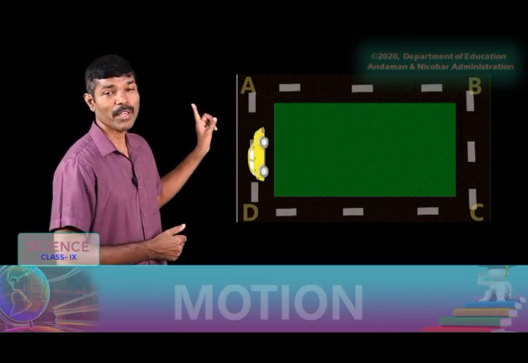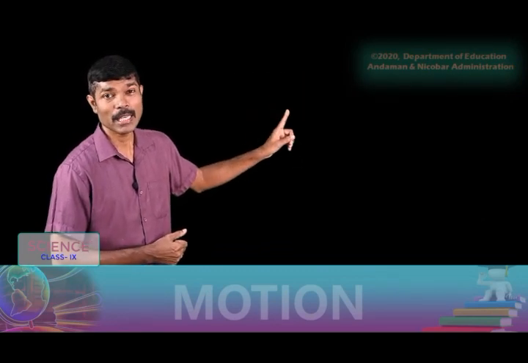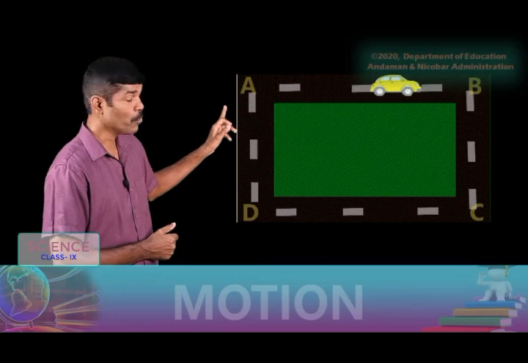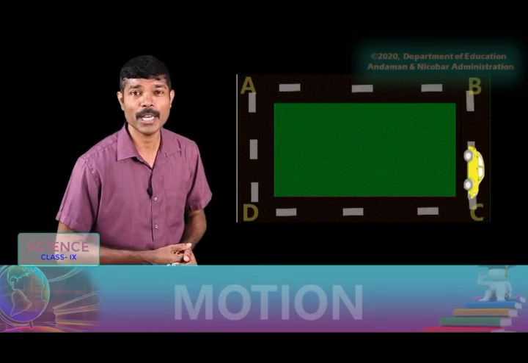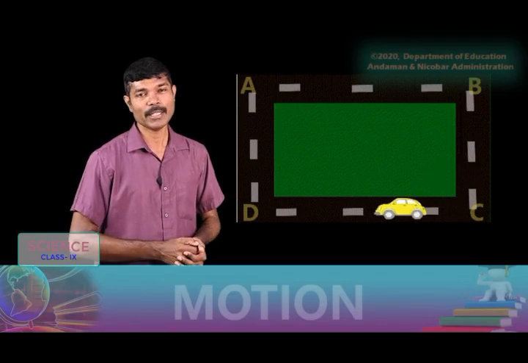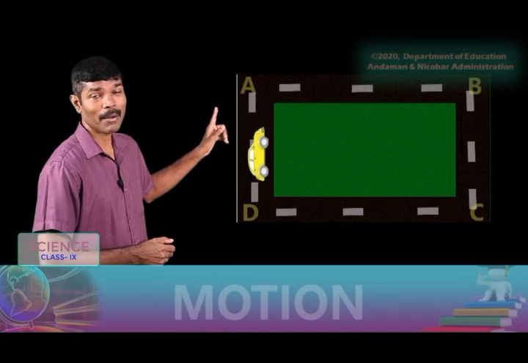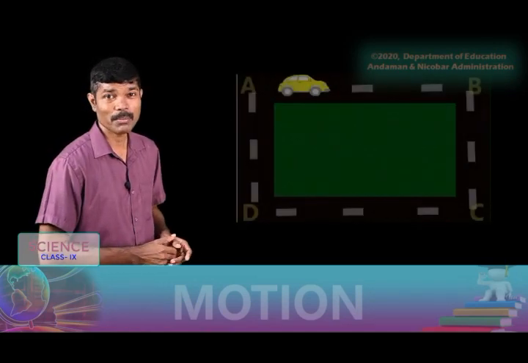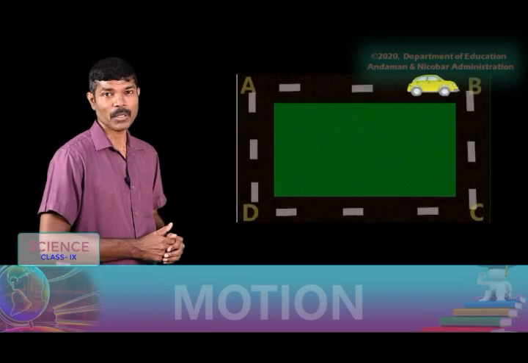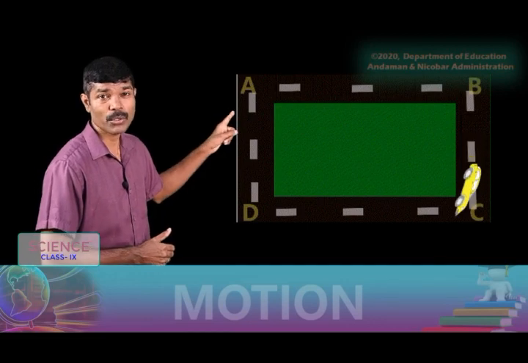So by moving from A to C, the object changes its direction. Similarly, when the object starts moving from the point A to D, it happens to change its direction 4 times. So we can say that the motion is uniform, but the body is said to be in acceleration, or we can say that the object is accelerating. So the acceleration caused by this motion, by the uniform motion, is due to change in its direction.